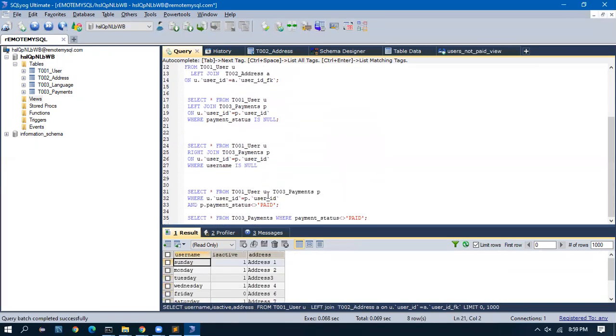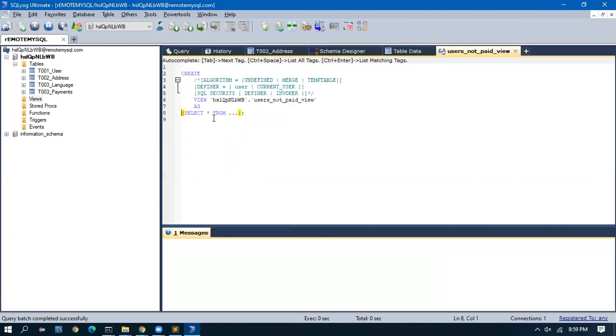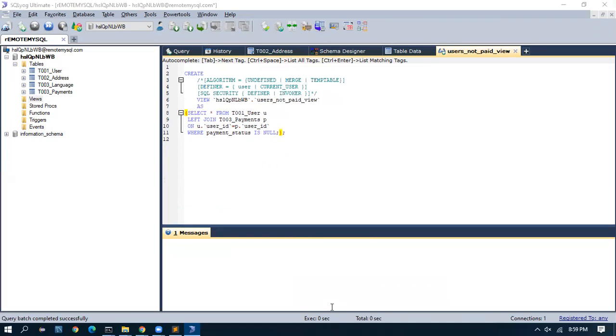No, not this one. This one, right? All the users who have not done a payment. Yes. So I'll copy this query and I'll paste this as a view.